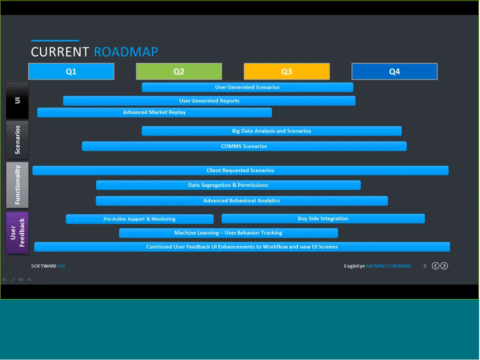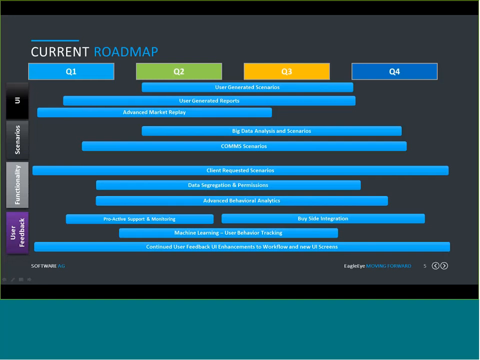So we're going to give users more control so that they can slice and dice data for analysis. We already have the notion of being able to add permissions on your data. You could, for instance, add a geographic permission and then analyze one geography's data in isolation from another. So you could say analyze US data for wash trading and UK data for wash trading in isolation. But we want to give users more control into how they can slice and dice that data and add further